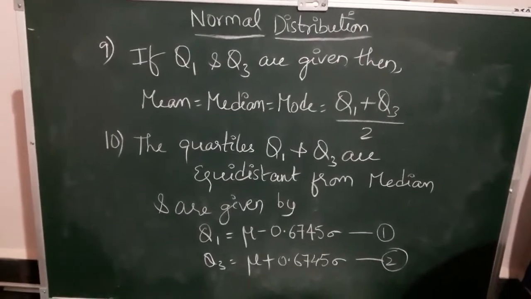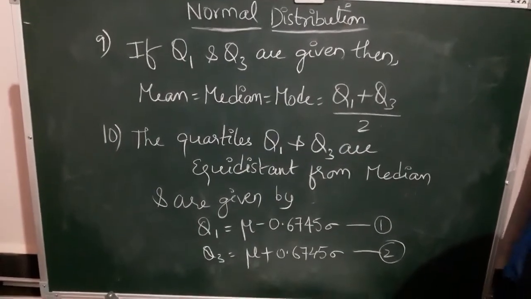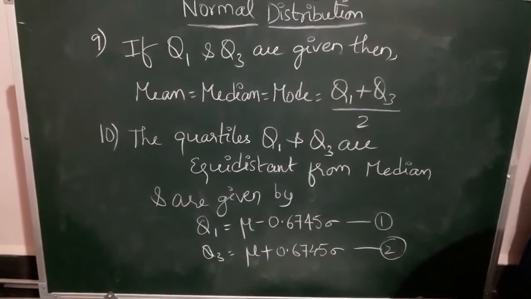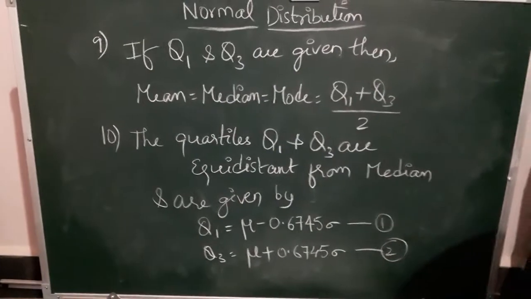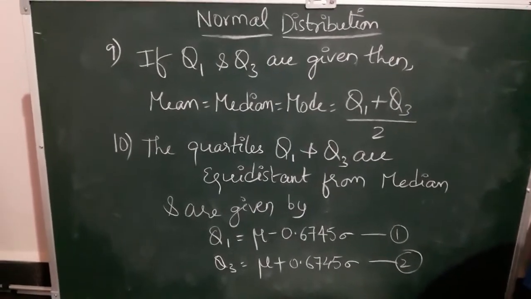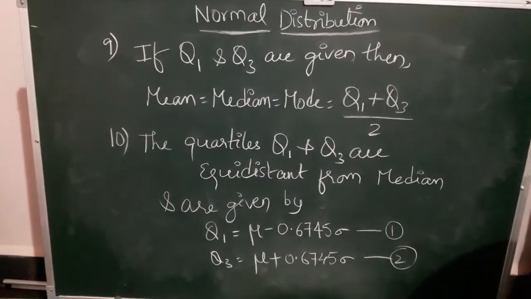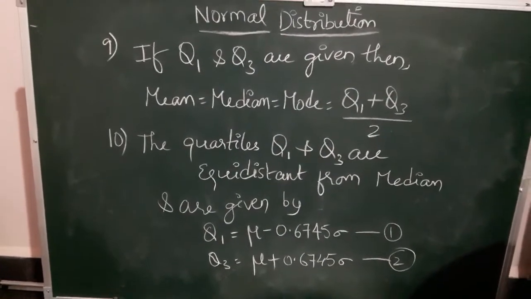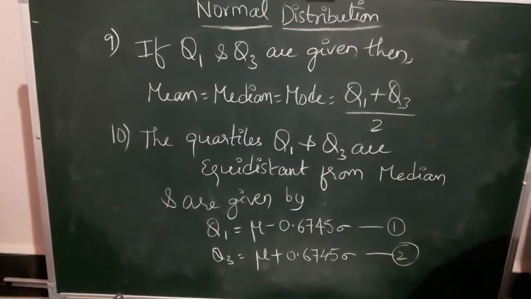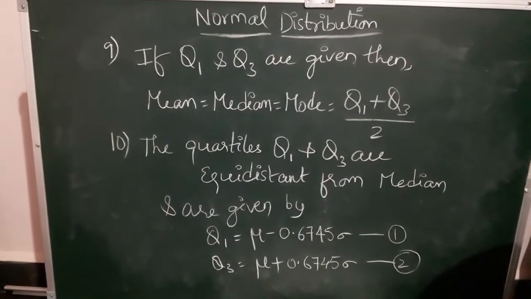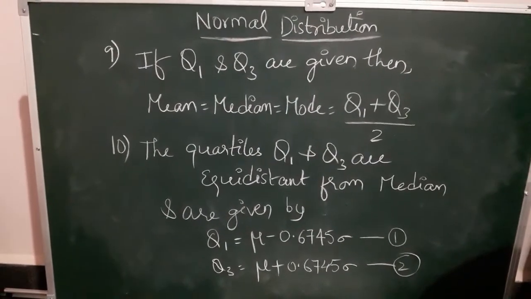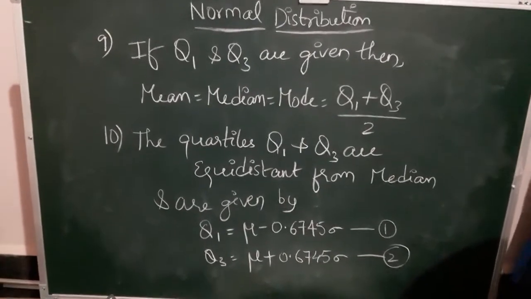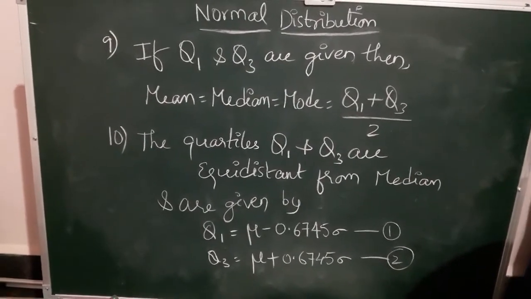Generally, in a normal distribution, when the lower and upper quartiles are given, how do we calculate the mean, median and mode? What is the formula when Q1 and Q3 are given? It is (Q1 plus Q3) divided by 2. You are just calculating the average. That's it. This property number 9 is generally not mentioned in the textbook, but in the earlier